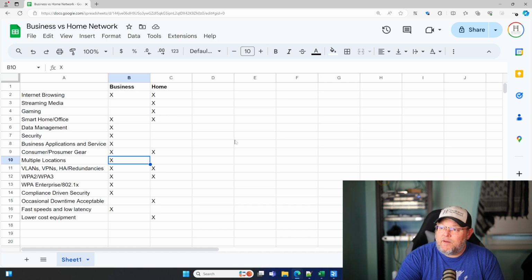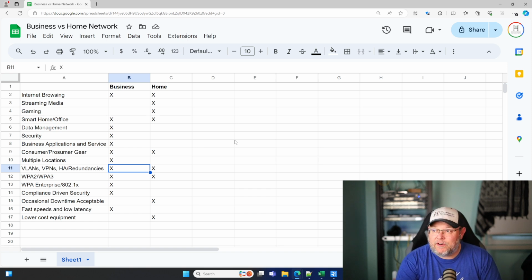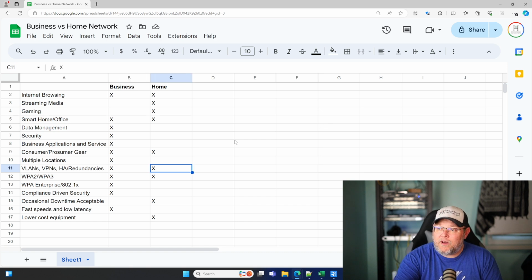Now, in a business network, we are typically going to use VLANs, VPNs. We're going to have that high availability and the redundancies. You could do that at home, but I don't know that it's necessarily expected. I think a couple VLANs in homes for IoT devices, maybe your cameras, if you've got voice over IP, that's going to probably be an expectation, especially if you're working with us or any vendor who is going to properly configure a network for those services. But it's definitely going to be in a business that has those services. You're definitely going to configure that for security and things like that.